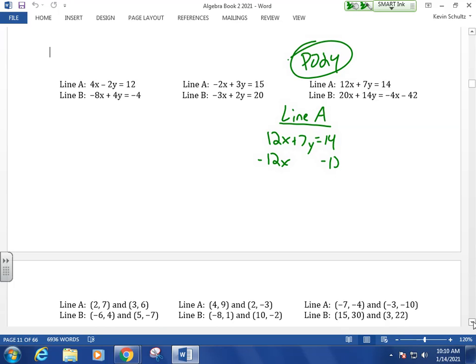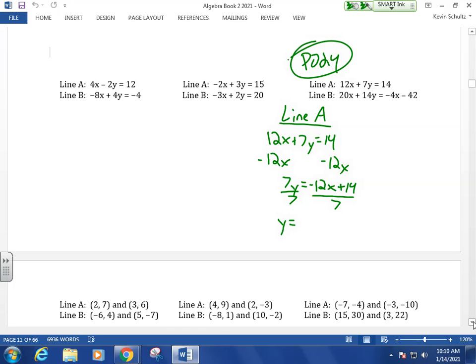Subtract 12x from the right side. That leaves us with 7y equals negative 12x plus 14. Remember, can't combine 12x and 14. They're not like terms. Okay. Put that negative 12x in front because that's going to represent what our slope is because it's got the x there. And then dividing everything by 7